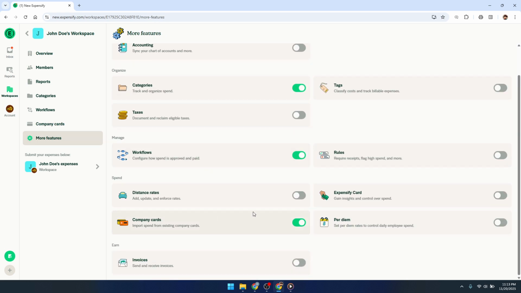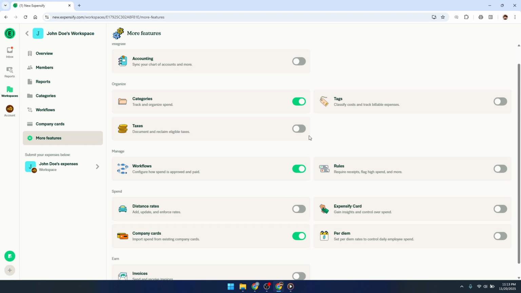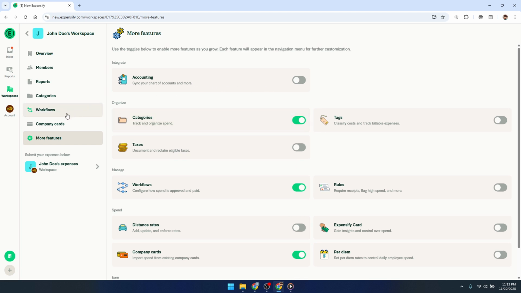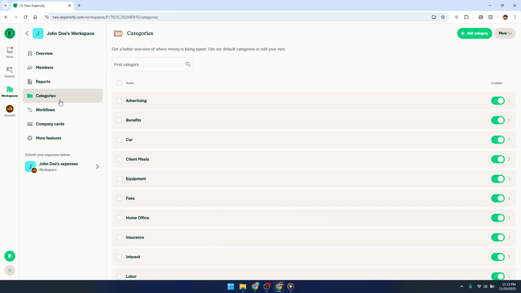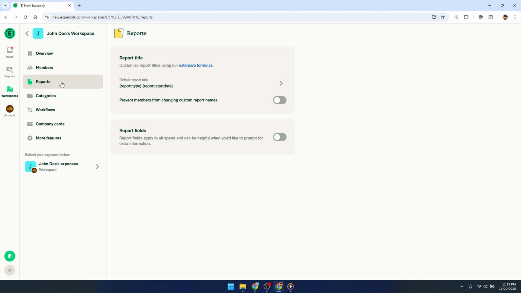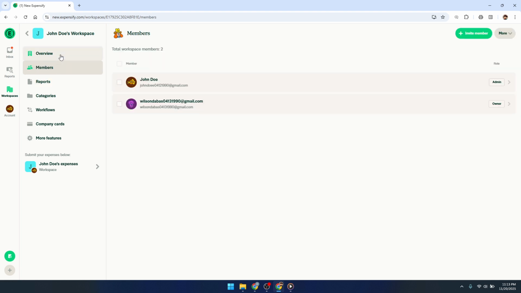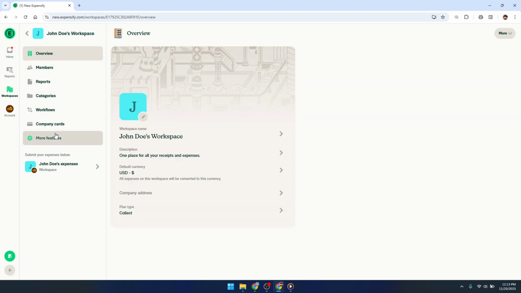If you're in the United States and want to reimburse employees directly through Expensify, go to Settings, then Account, then Wallet, and follow the prompts to securely connect your business bank account. You can also activate an Expensify card if you have one by going to Account, Wallet, then Expensify card, and